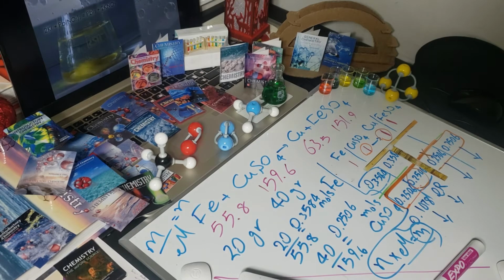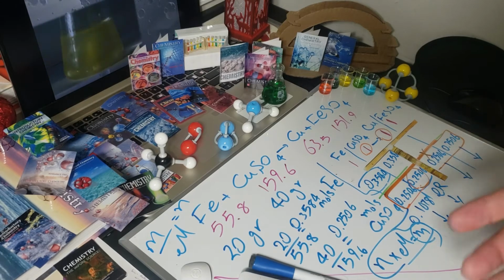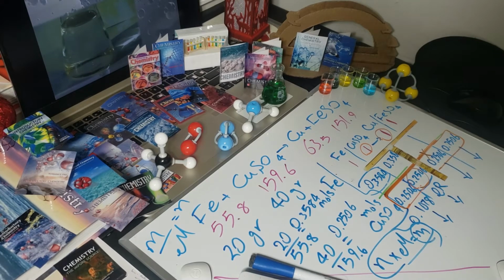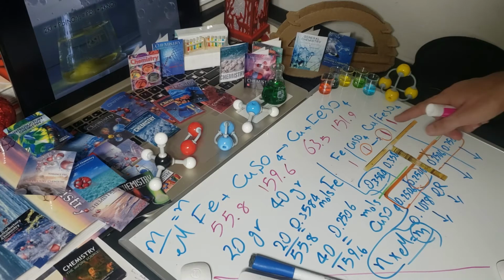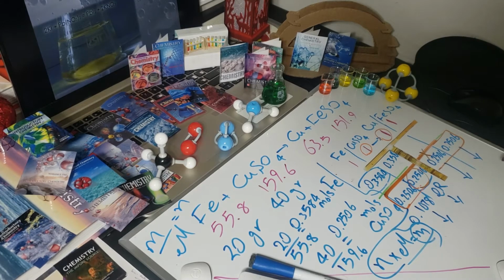Okay, let me just use another color here just to make sure that you understand that you cannot actually provide moles. That's the problem that many students do. You cannot take this and say, okay, that's the answer. No, this is just the moles. You have to multiply by the molar mass to give me the answer. So this times the molar mass would be just 38.1 gram of